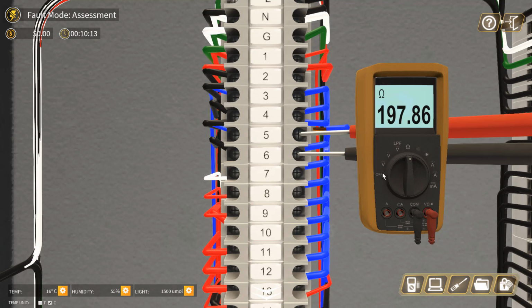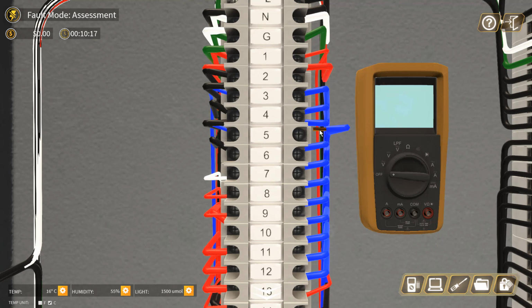So let's normalize the circuit, put back the wiring. As we measured the voltage just now, we find that the voltage at the PLC side is very high, but the actual local reading at the humidity side reads about 55%. So most likely the humidity sensor is faulty. It gives a false signal, whether you need to calibrate the output signal or you have to change the humidity sensor. Okay, let's go to the field side